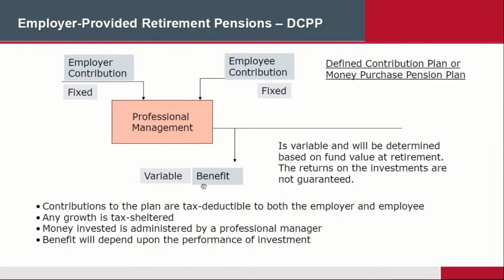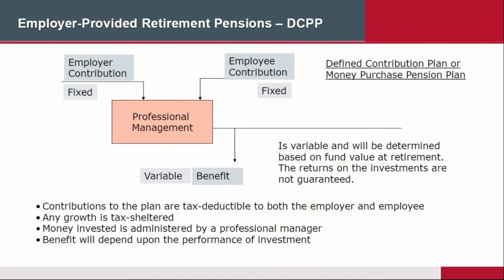Okay, and once again, at the other end, the amount of money is variable because it depends on the fund at retirement. Like I said, we don't know what the returns are; the investments are not guaranteed. So unlike the defined benefit pension plan, where we have the guarantee that at age 65 you're going to get $3,000 a month, with this one there's no guarantee, and that's the issue with the defined contribution. So if on the exam they say to you that the client or the employee does not know how much money they're going to get at the other end, then they have bought a defined contribution pension plan. Whereas if they do know, then it is a defined benefit pension plan.